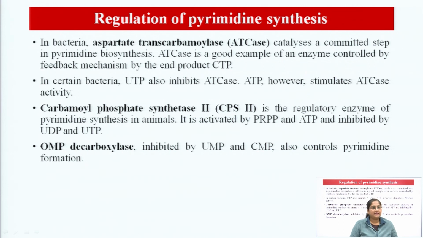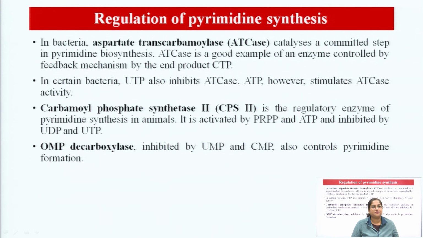In certain bacteria, UTP also inhibits ATCase, but it is not everywhere. ATP however stimulates ATCase activity, and the two enzymes which I told you about when we were studying the synthesis, that is CPS2 and OMP decarboxylase,